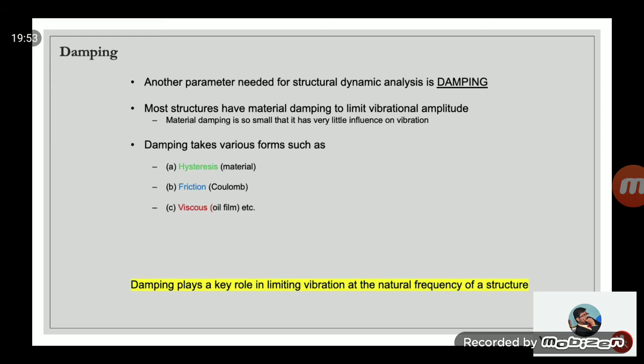Almost 70% of the damping is provided by the oil film to combat the vibration amplitude. That's why the turbine manufacturers, with huge structures, support them all on fluid film bearings, because they will give more damping,